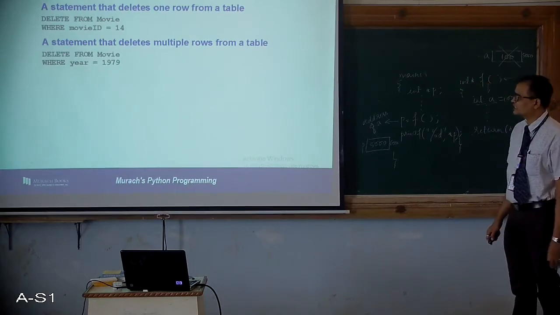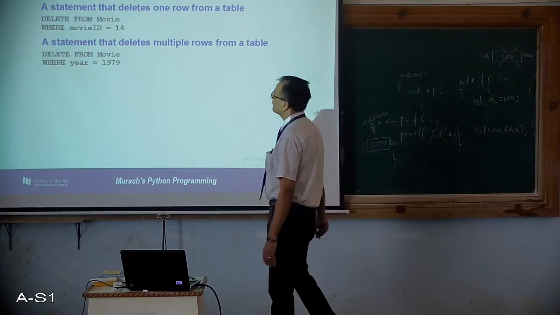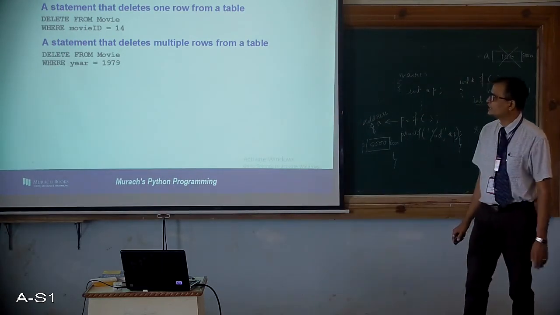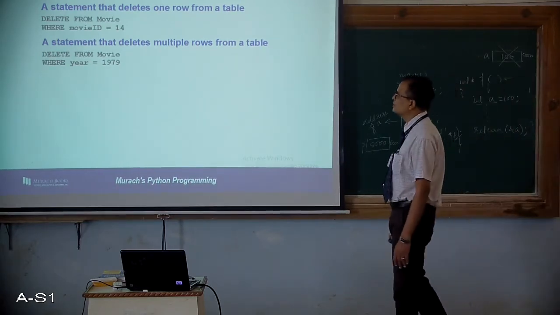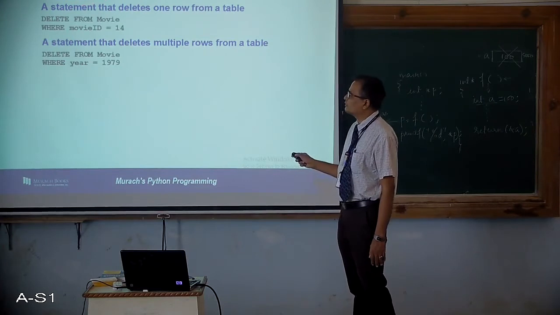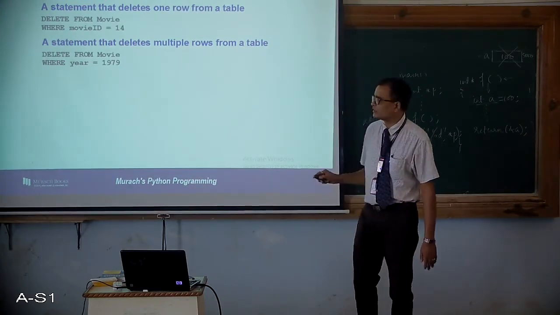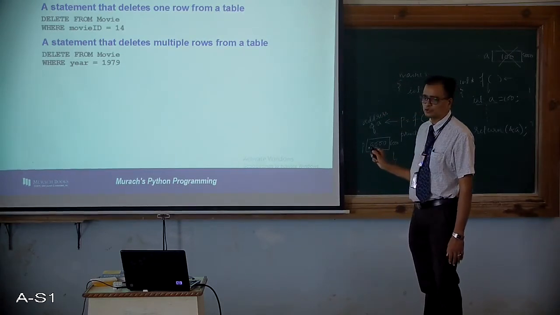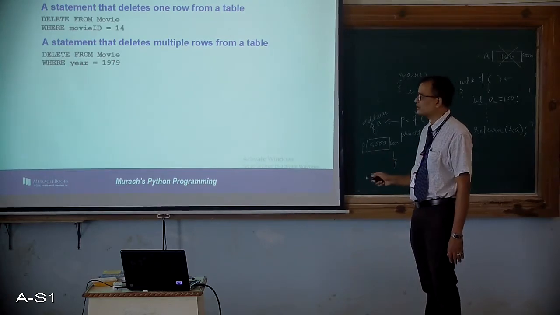The delete statement is to remove a row from a table. The syntax for deleting is: delete from table name where selection criteria. Remember that whenever you want to delete a row, you cannot delete it unless you have a selection criteria. That is the reason why the where clause is not written in square brackets. The where clause is required compulsorily, that you should understand.